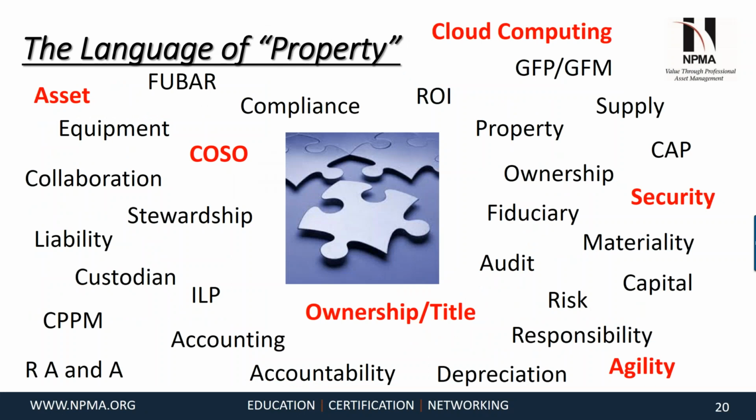This is your alphabet soup. Yes, sir, it is. This is interesting, and Skip just said it. This is the alphabet soup of property, and there are just so many different terms that go into